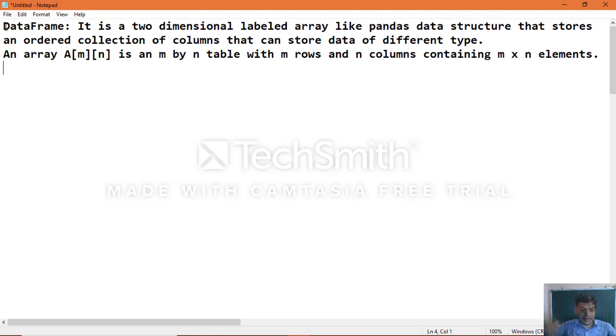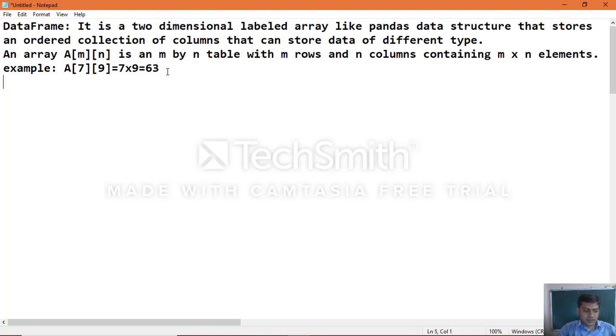For example, A of 7 and 9 is an array which contains a total of 7 into 9, that is 63 elements. If you multiply m rows and n columns, you get the total number of elements the array is holding.